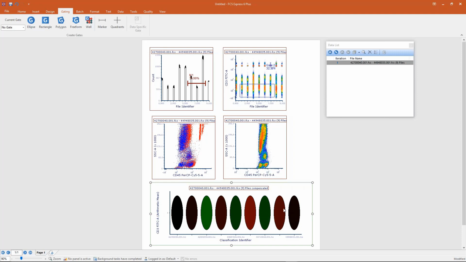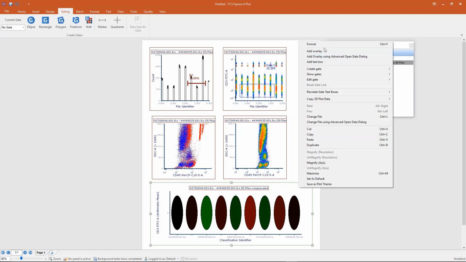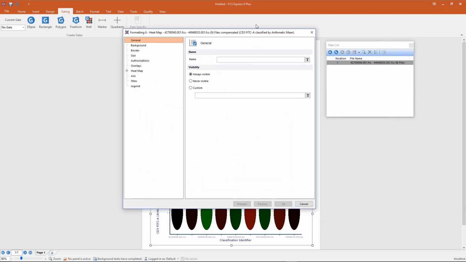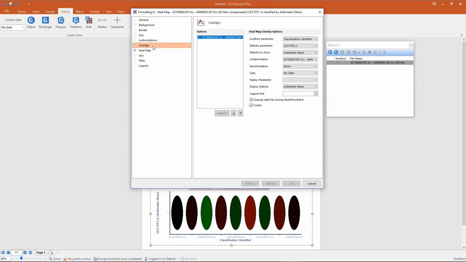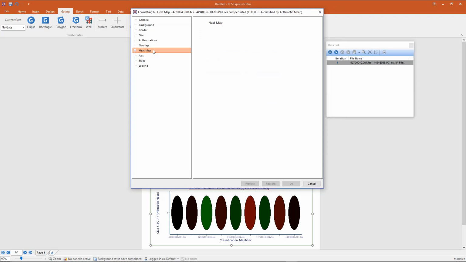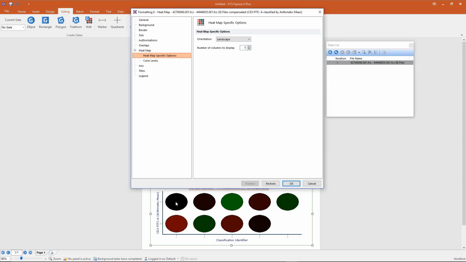We can also format this heat map just like we would any other heat map, just by right-clicking on it and going to the format options. And from here, I can change multiple different aspects of my heat map. So I can change the number of columns I want to display just by going to the heat map specific options up in the formatting tab. And I can come here and change the columns to, let's say, 5. So I can decrease that down. So we'll end up with 5 columns, and that'll end up with 2 rows since I have my 9 files here. And if we preview that, you'll see I have my 5 files here and then my 4 leftover files